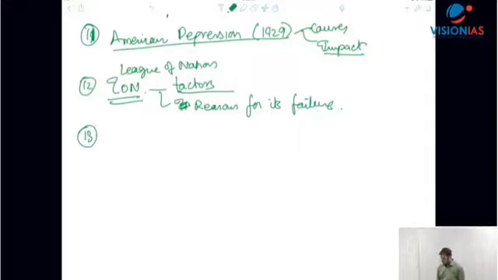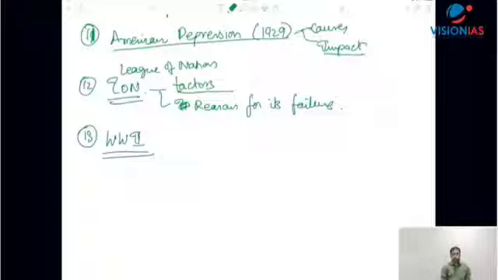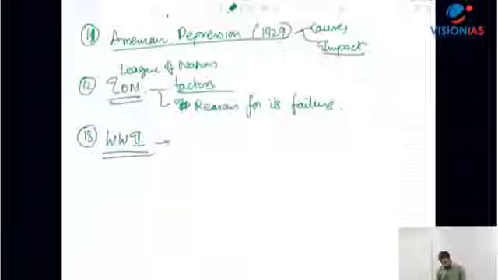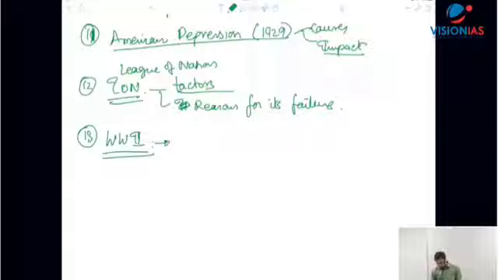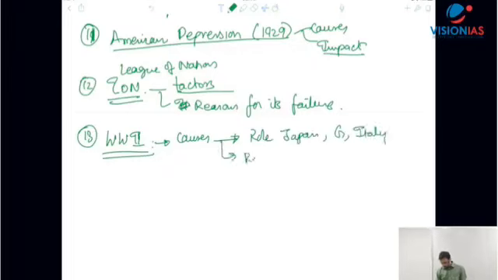Now, the next topic that we're going to talk about is World War II. World War II is a topic which is again important primarily as to the causes that led to World War II. And here we'll talk about the role of Japan, Germany, Italy, and also the role of